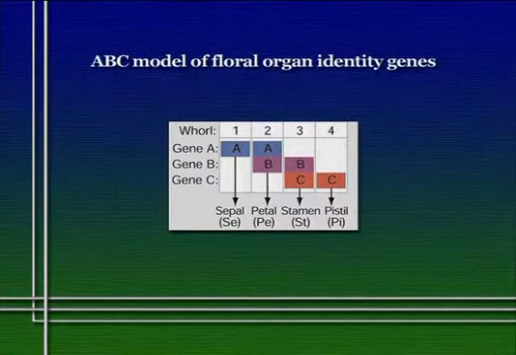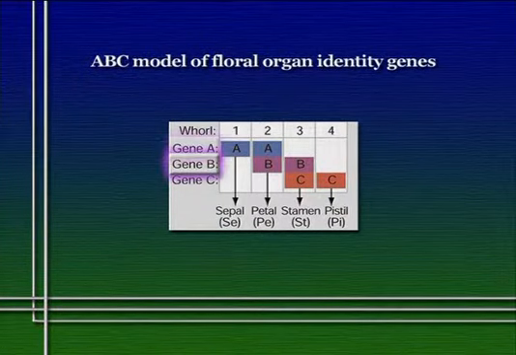Thus, these genes, which are involved in flower organ development, are roughly analogous to the kind of genetic master switches that we saw when we looked at segmentation genes and homeotic genes in Drosophila development. But the question is, how can 3 regulatory genes be responsible for controlling the development of the 4 different organ types in flowers? Well, in brief, the answer is embodied in what's become known as the ABC model of flower development. The name of this hypothesis derives from the fact that the 3 genes involved were initially named simply gene A, gene B, and gene C.